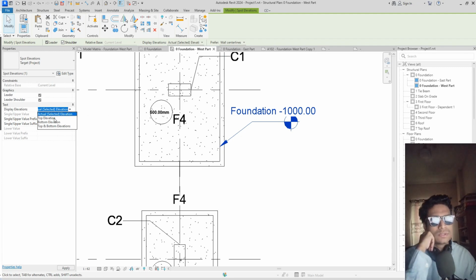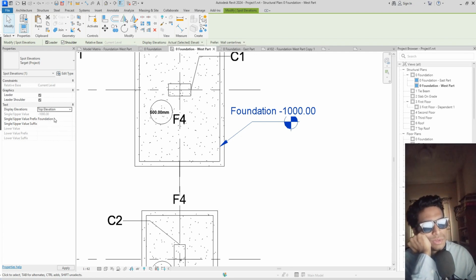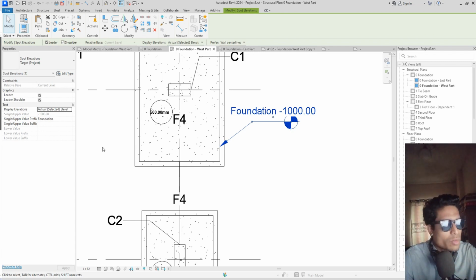And you can see here we have the option to denote the elevation, whether it will be bottom elevation or top elevation or the actual elevation. These things can be